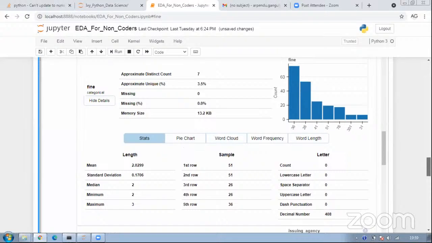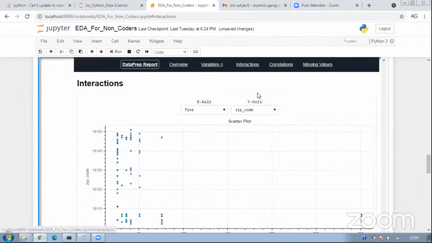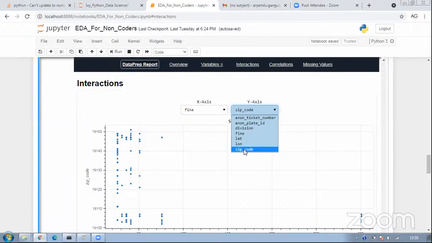We can also try to build some interactions with the latitude and longitude, which effectively is the zip code, to get insights on the geography, like which geography is playing the most.